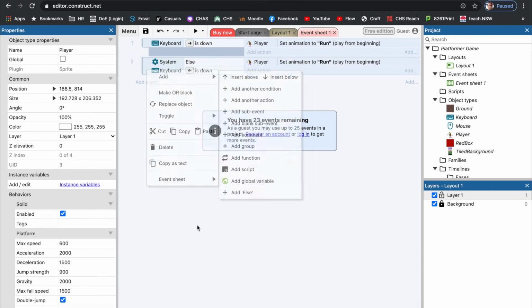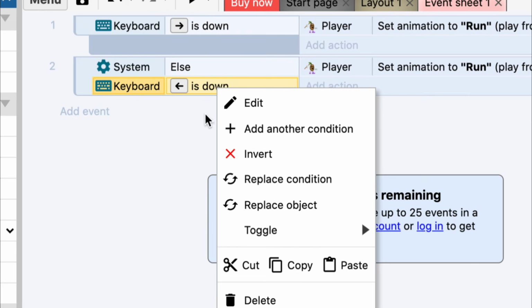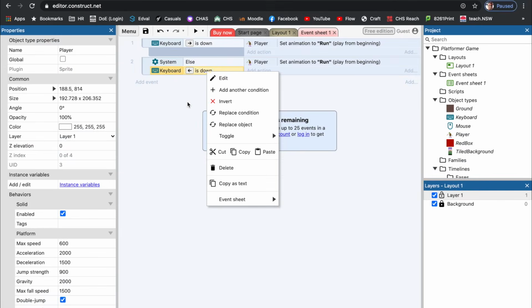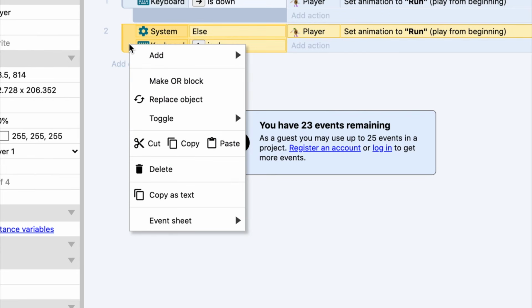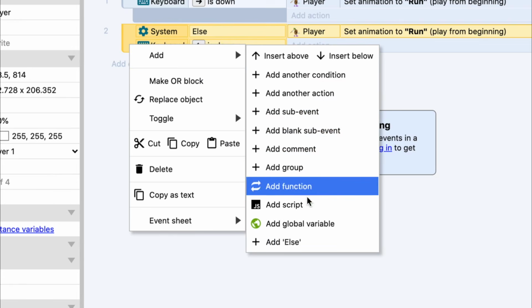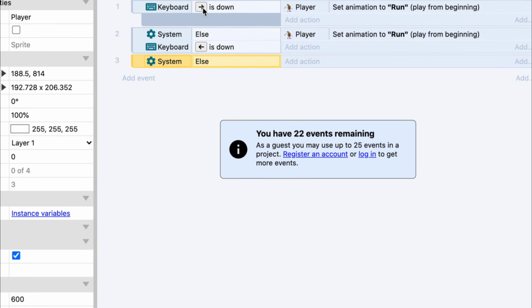Oh, there we go. Cool. So just right click again, and actually, what you want to do is right click this left area here, just outside of that. So just right click there and go to add, and then go to add else. So we're going to add another else. So keyboard right is down, else keyboard left is down, else